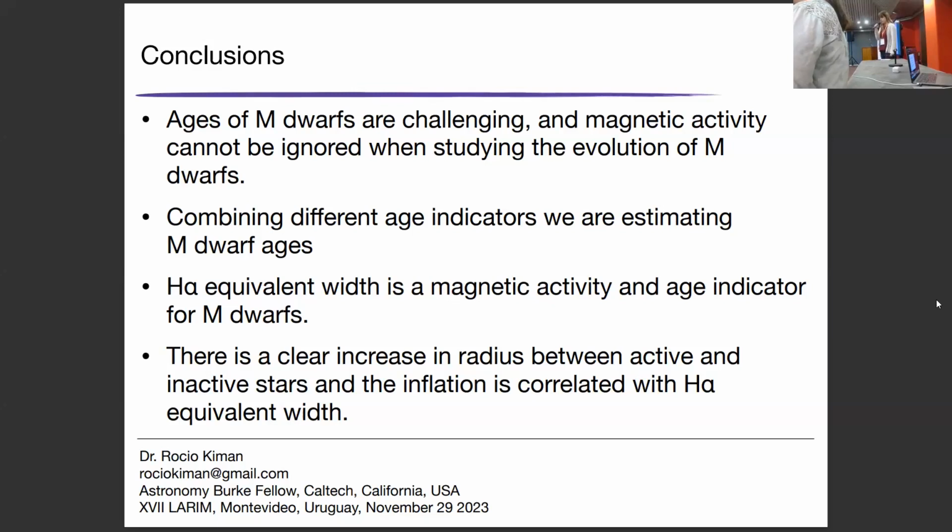Yeah, no, that's a very good point. So right now this study is statistical, right? We have a radius measurement that has a 4% uncertainty. So the advantage of this work is that we can apply it to large samples and see a general trend. If we want to study a star in more detail, definitely using a higher resolution of H-alpha would help.